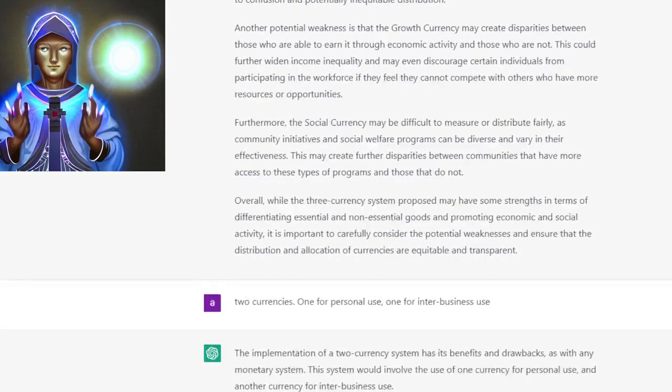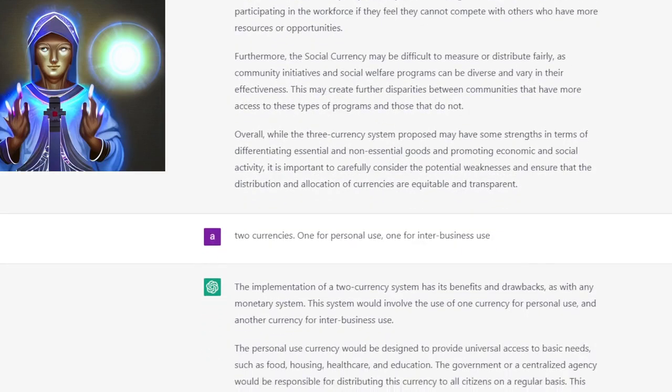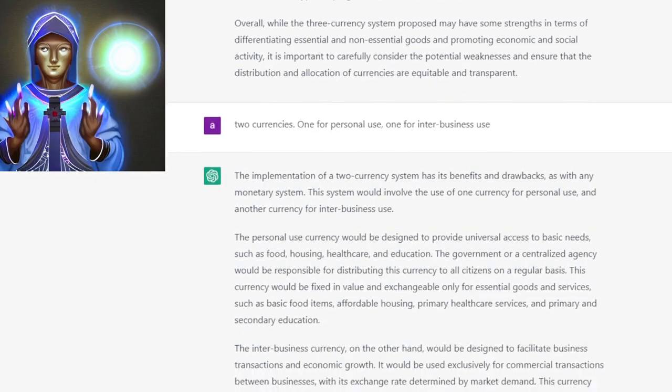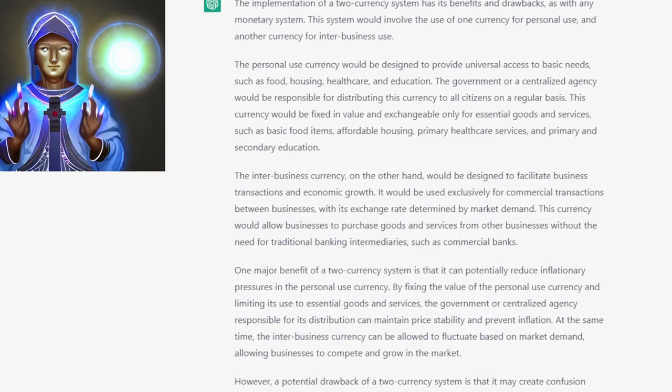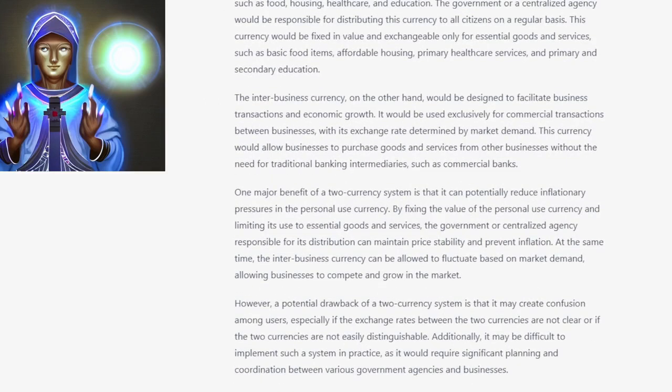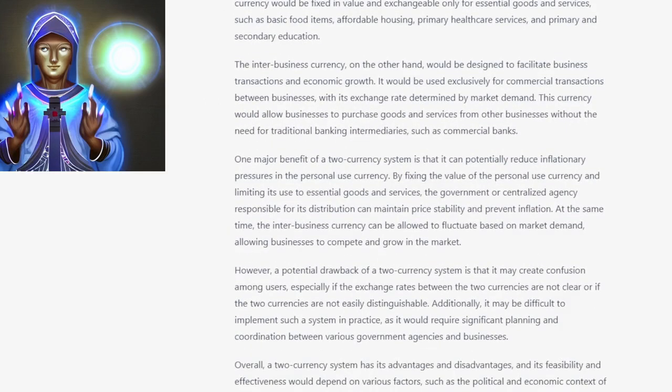The implementation of a two-currency system has its benefits and drawbacks. As with any monetary system, this system would involve the use of one currency for personal use and another currency for inter-business use. The personal use currency would be designed to provide universal access to basic needs, such as food,